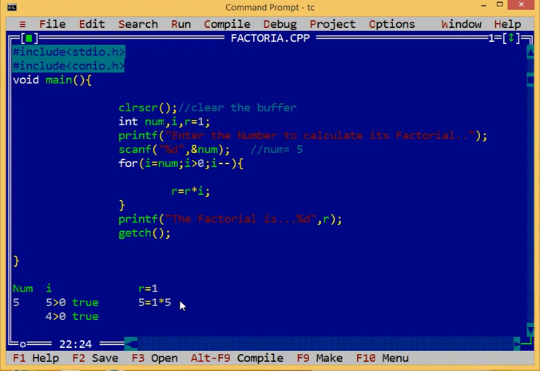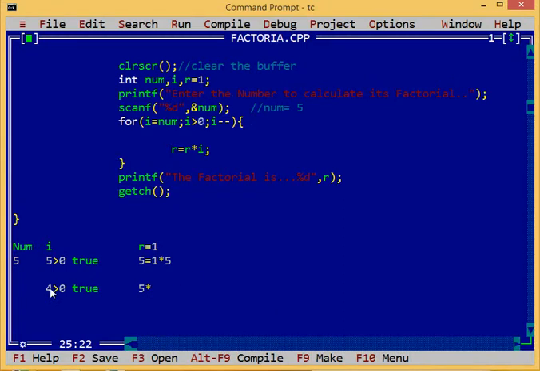The value of R is 5 and the current value of I is 4, so R becomes 20.